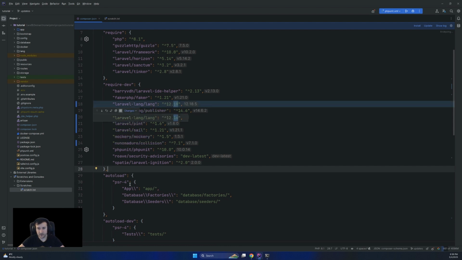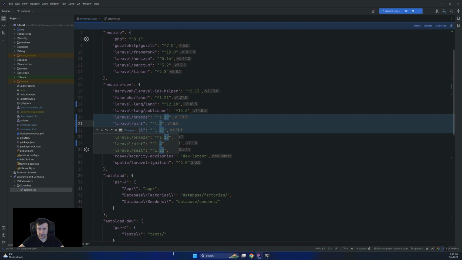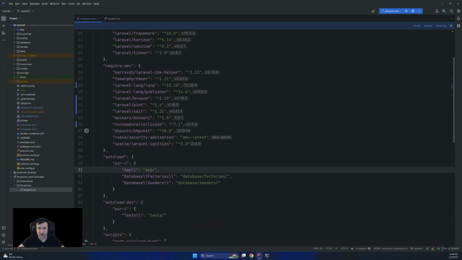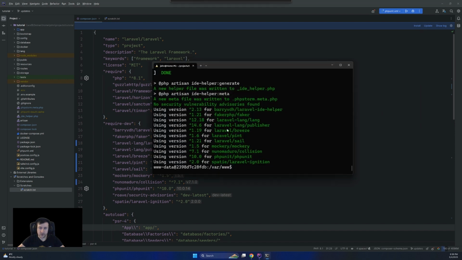So Laravel Lang was bumped from 12.16 to 12.18, and some others in here changed as well. This is a way to update your Composer packages.